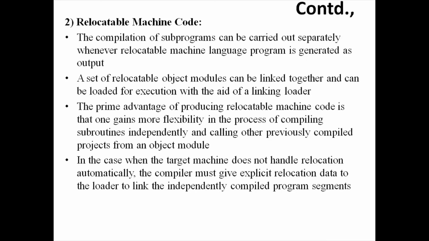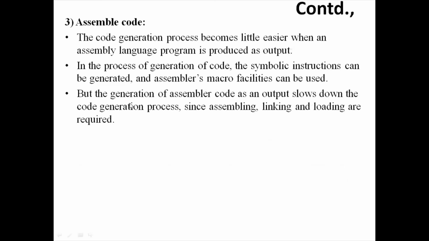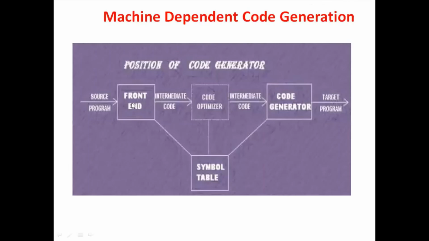This is asked as two-mark questions. For explaining object code form in code generation, you have to write the three types along with the definition and an example. Then only go for the part B questions, the 12 mark questions. So this is for the object code forms, and this is for machine dependent code generation.